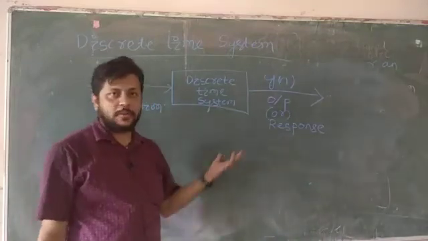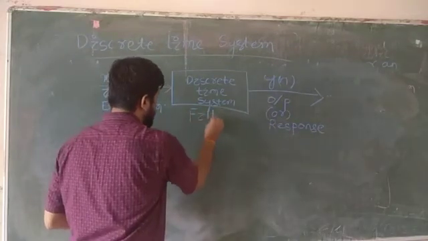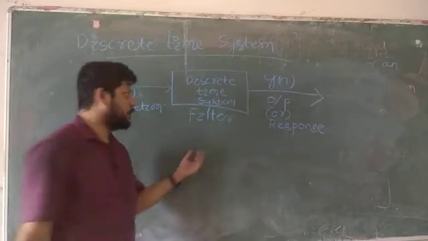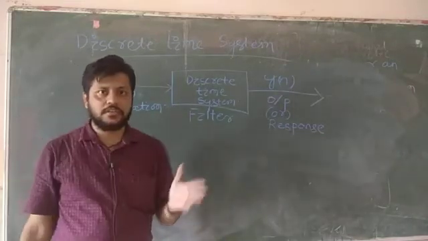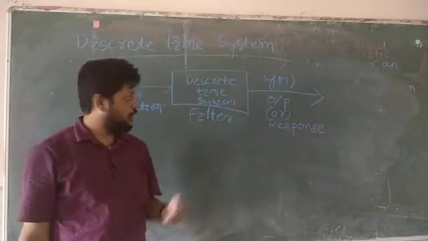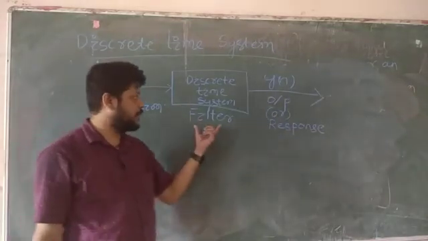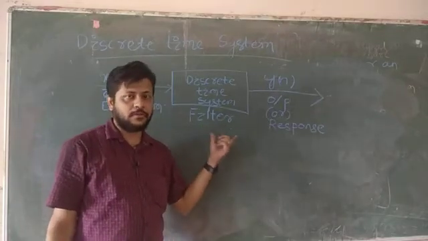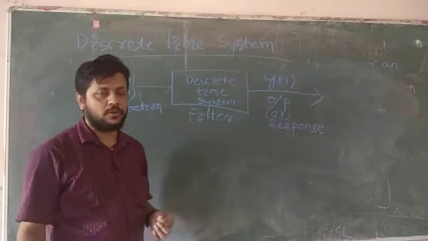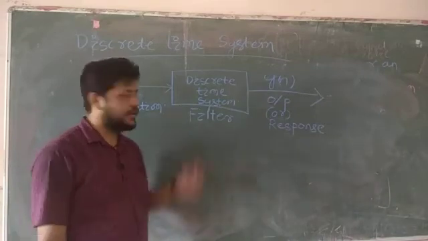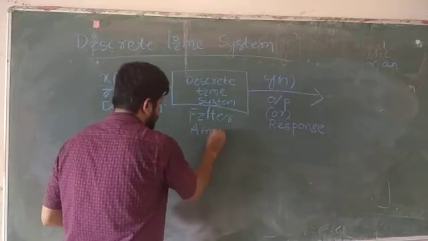So what type of system is this? The system can be a filter. You all know the working of a filter. A filter is a frequency selective circuit which passes a certain range of frequency and attenuates all other ranges of frequency. So obviously we can design a digital filter. For example, if you want to allow a certain range of frequency, then we need a filter.